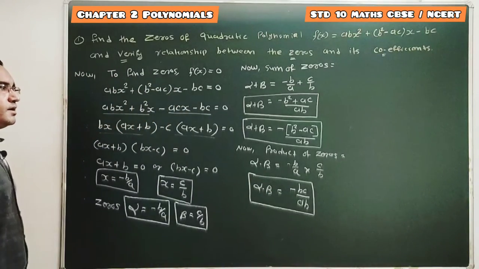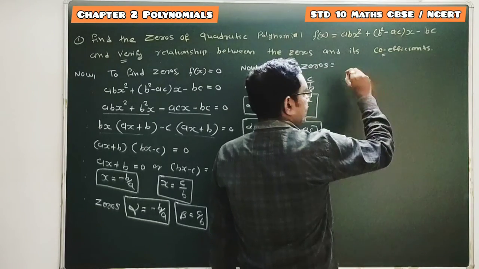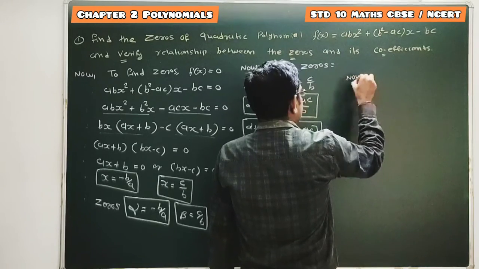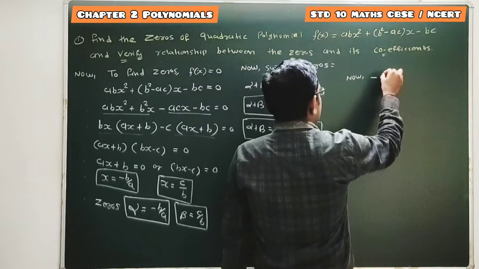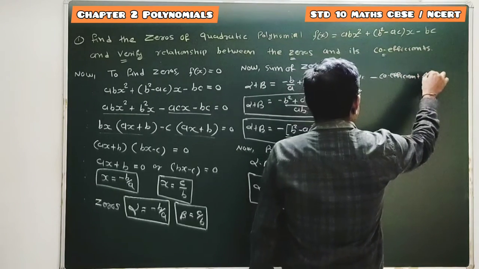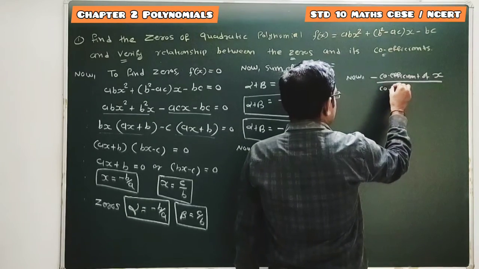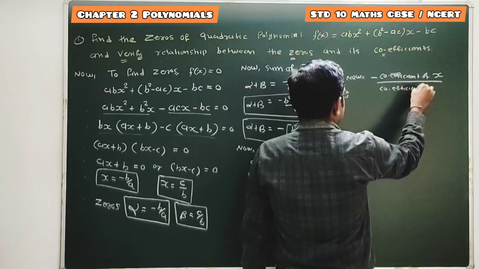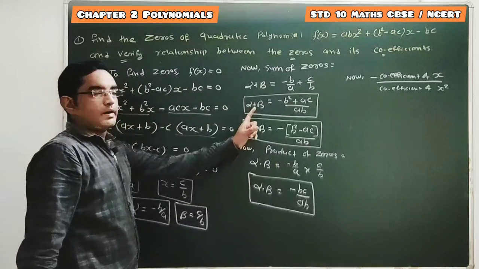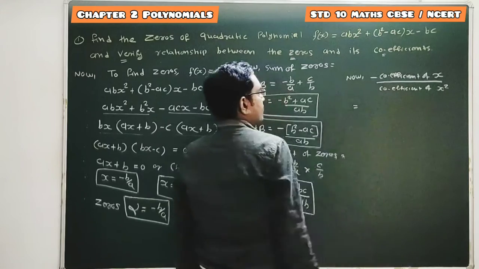Now to verify the relationship, what do we require? We require the sum of zeros to be equal to minus of the coefficient of x upon the coefficient of x square. The sum of zeros must be equal to this term, minus of coefficient of x upon coefficient of x square. So now this we have to write from the given